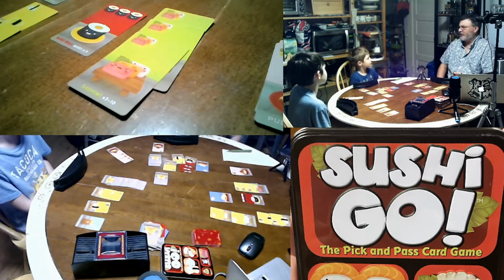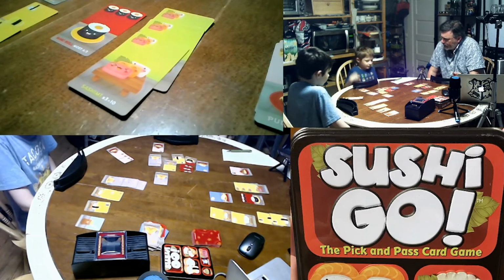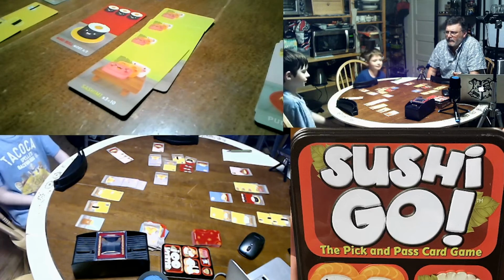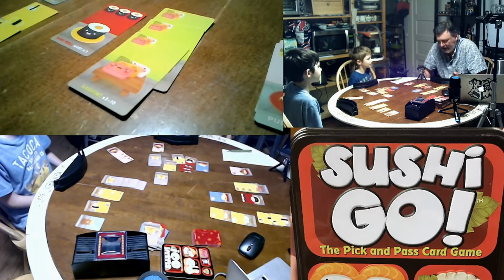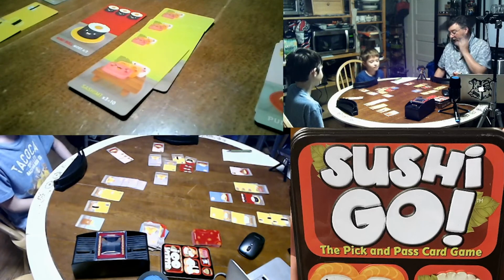Are you ready to just give it a score? Yeah. Well, so what did you like about it? The art. The art's very cute. I like the fact that it's basically a small, cute version of 7 Wonders. You like that hand passing mechanic. I'm going to go with the art too. I think the art's very adorable. I also kind of enjoyed